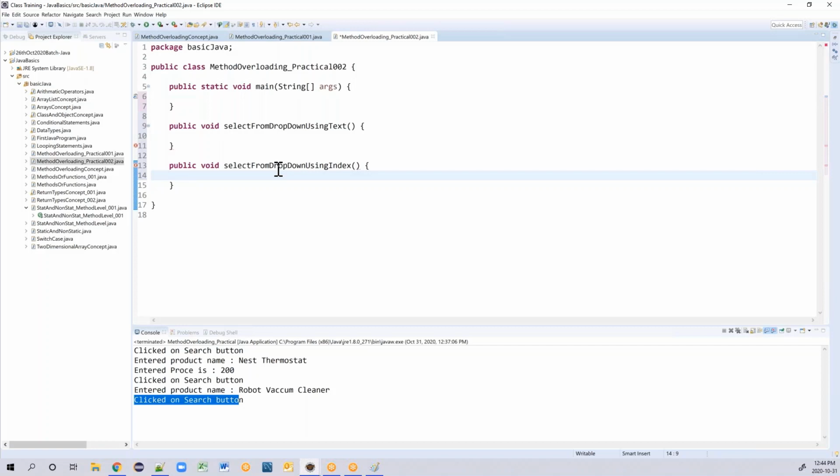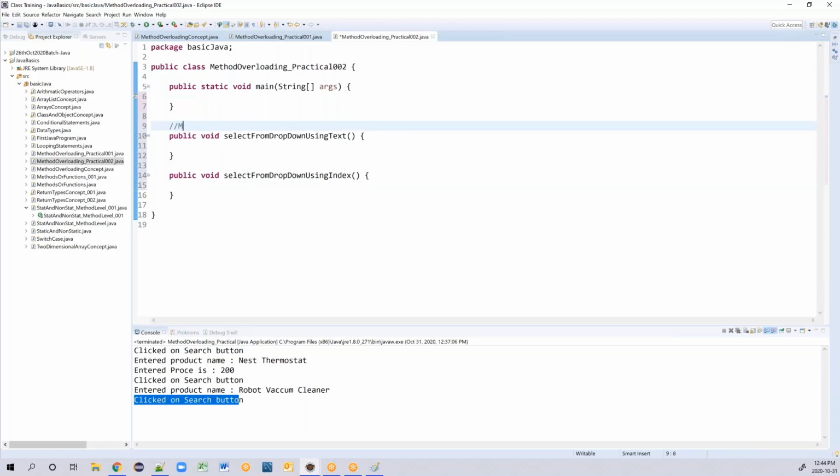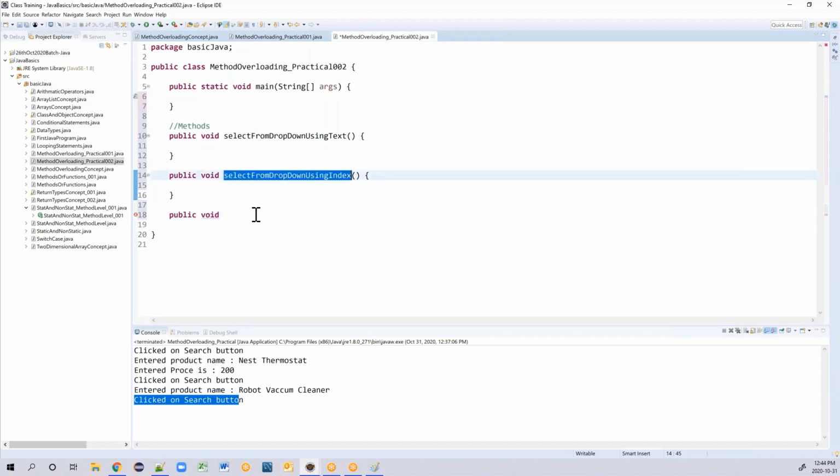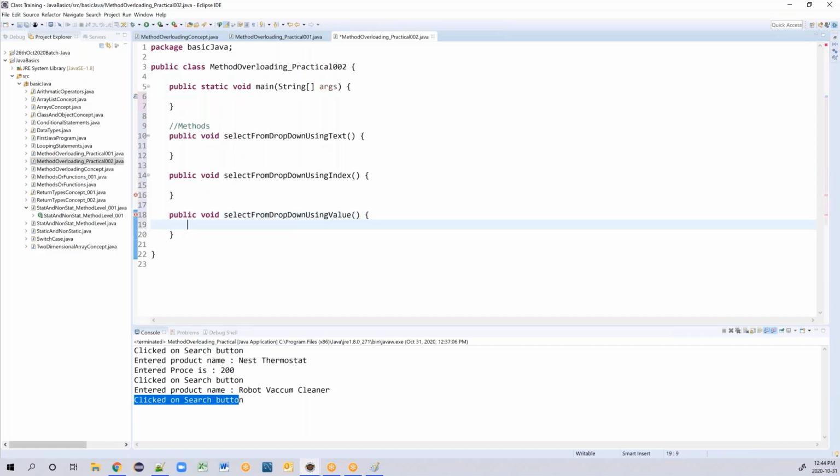First example, I'm going with the methods concept. I'm not explaining the method overloading concept here, just the methods concept. Public void select from drop down using value. So using text, this is going to be a string text value.